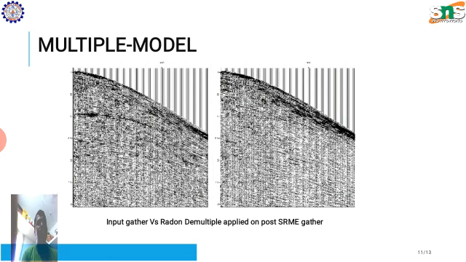A migrated section was prepared for obtaining the earth reflectivity by using just a few near offset classes. The migration was targeted around the water bottom and a constant velocity of 1500 meters per second was used for migration. It is necessary to ensure that the region above the water bottom is noise free and full bandwidth is preserved to obtain as good an estimate of the sea bottom reflectivity as possible.